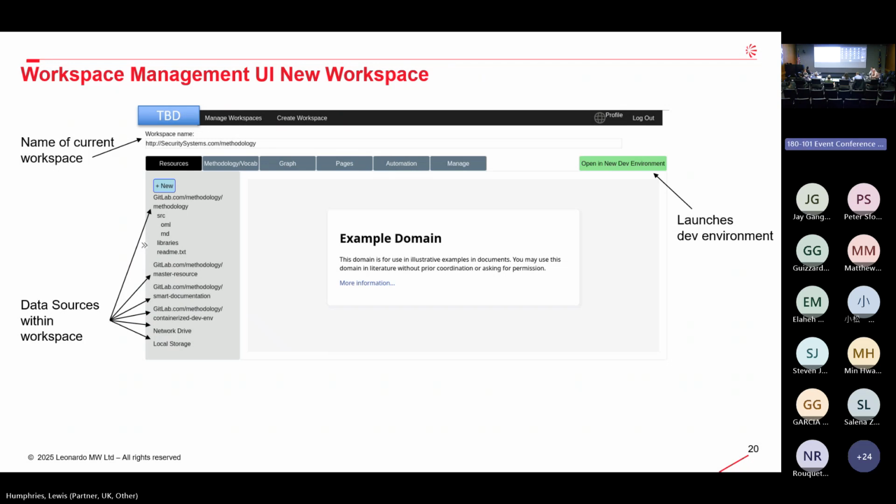So this page shows an overview of the newly created workspace, with the name of the workspace on the top, and on the right-hand side a button that you can use to launch a development environment for the workspace. Once you create the workspace, if you click the open new dev env button, it would launch a containerized development environment